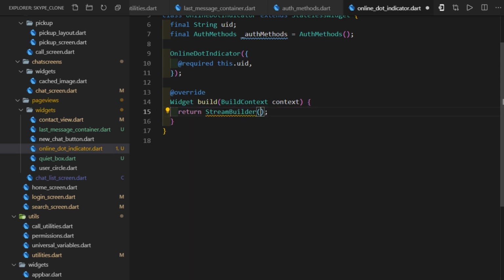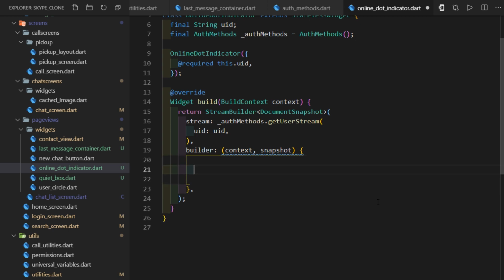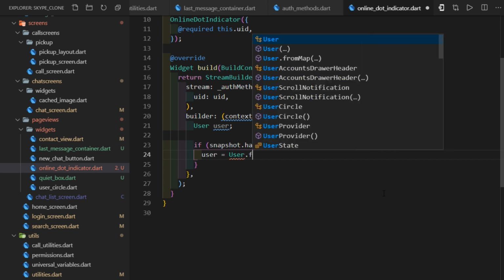Then for the child, I'll pass StreamBuilder of type DocumentSnapshot, and for stream, I'll pass authMethods.getUserStream, and we need to pass the UID as an argument. After that, builder returns with a context and a snapshot. Since we are listening to a user document, therefore we can map a user out of it. So I'll just create a new user class instance. Then I'll check if snapshot has data, and snapshot.data.data is not equal null. In that case, we'll set the user to User.fromMap and pass